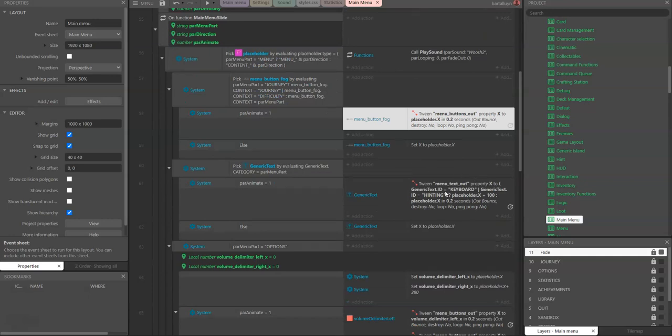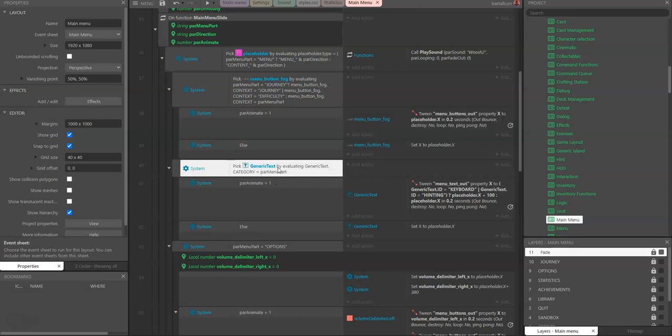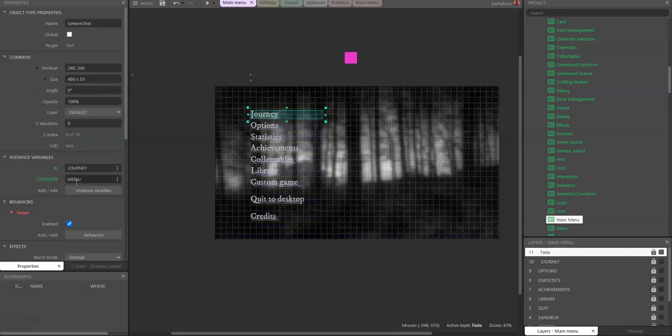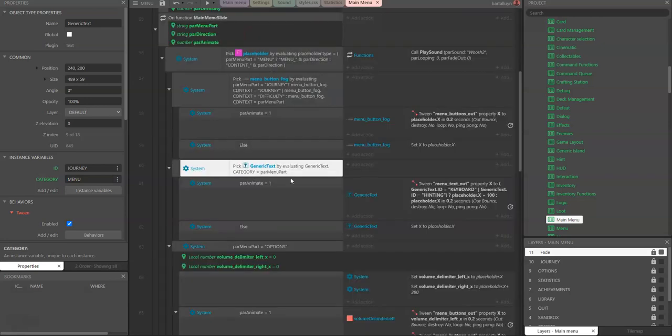Those are tweening buttons, and it also tweens the text, the generic text from that menu part. So it actually uses, for example, the category here called menu to identify which parts are part of which menu. And using that, I can actually select those parts and tween them out or in of the